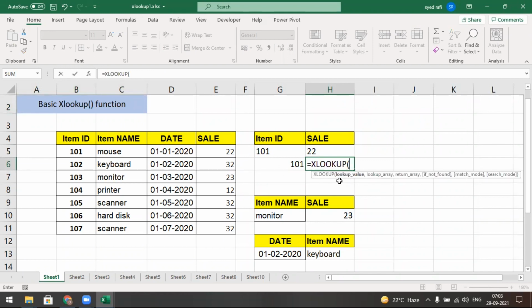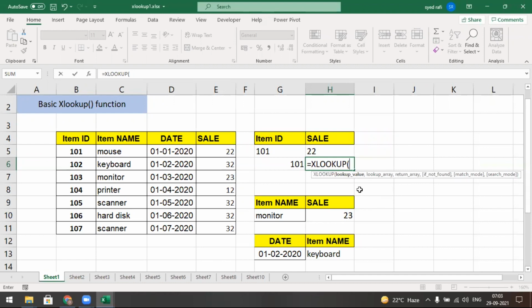These are the different types of arguments: lookup value, lookup array, return array, if not found, match mode, search mode. These are the different modes. Okay, I explained to you.